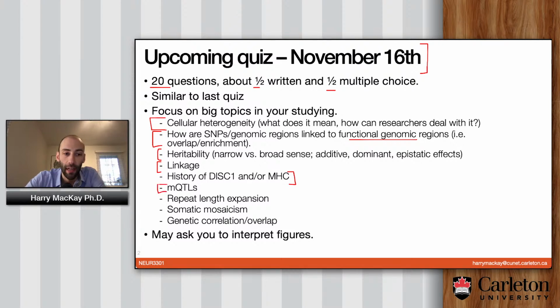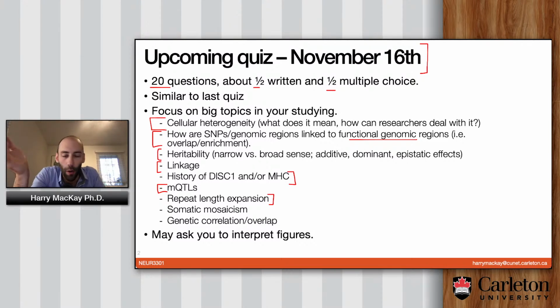MQTLs and EQTLs, what are they? How do they impact our understanding of epigenetics in the brain and disease? Repeat length expansion, that of course is a theme that is covered by this lecture as well as the previous one, as well as to a certain extent the ASD lecture. So you could imagine a question that tries to unite all 3 lectures and say,